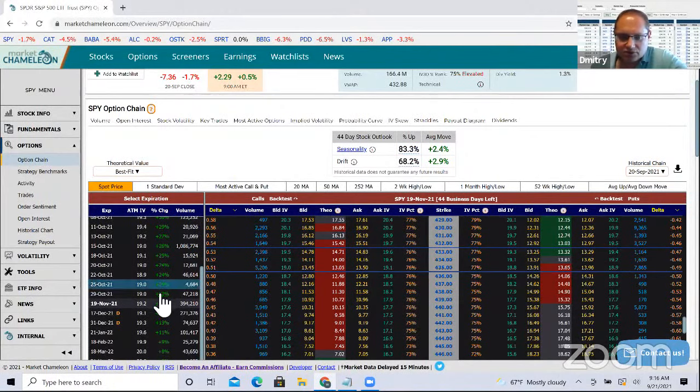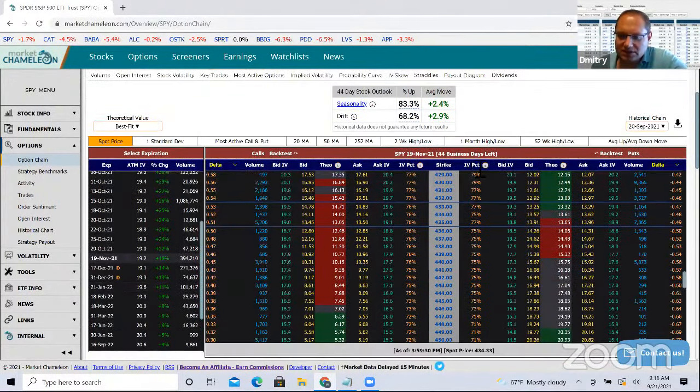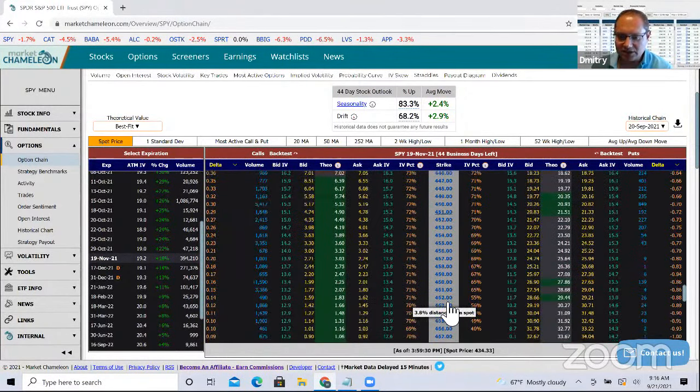And I don't know if there could even be holidays, but let's take a look at 2 months out, and I'm going to find the 10% out of the money call and 10% out of the money put. And we're going to treat it as there's an equal chance that this thing could skyrocket on good news or plummet on bad news. Okay, that's what we're looking at right now.